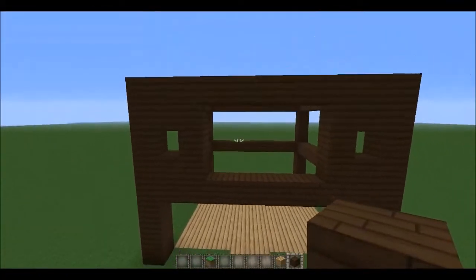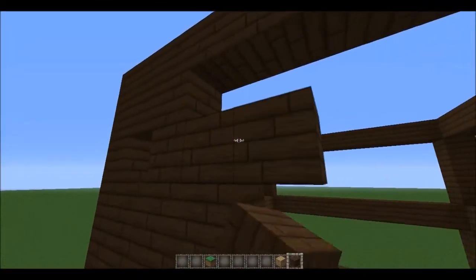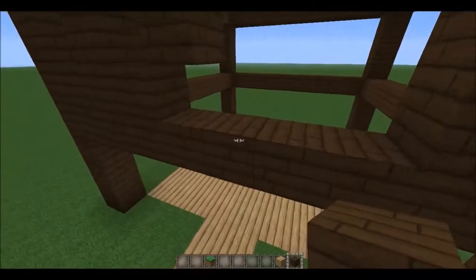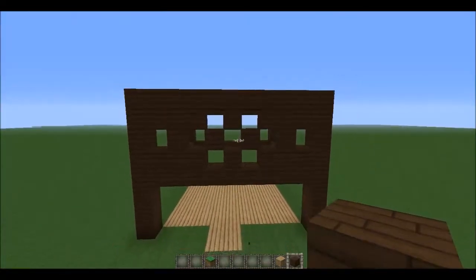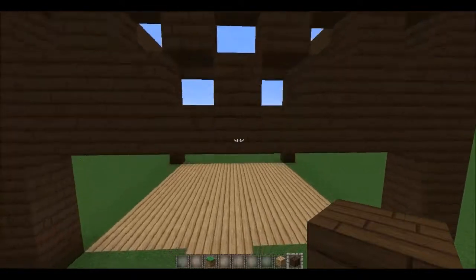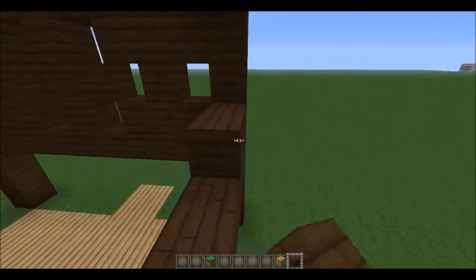That would be wood. And then I'm gonna have like a funky psychedelic thing going on. There you go. Just something like that. Something nice looking, and then that's basically the front of the house. What I'm going to do with this part of the house is...